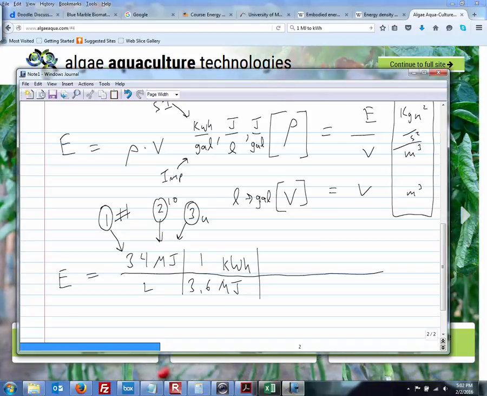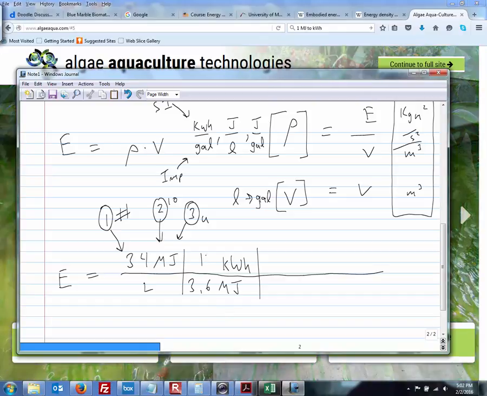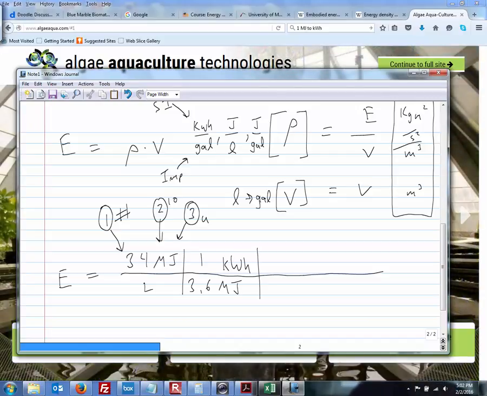3.6 is the number, mega is the power of 10, joules are the units. 1 is the number, k is the power of 10, watt hours are the units. Okay, super. Good question. All right, so now the next, so we know we want to put this in kilowatt